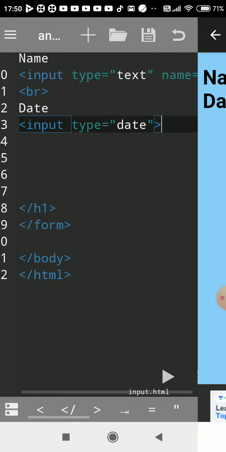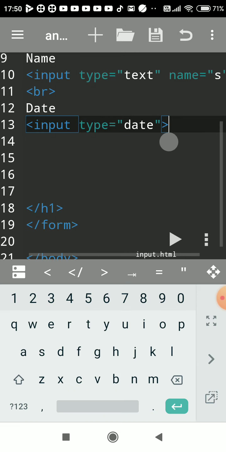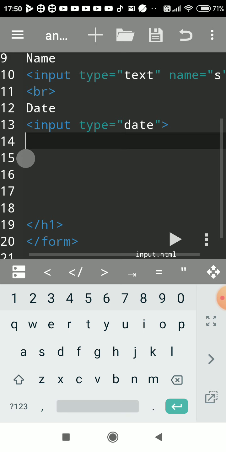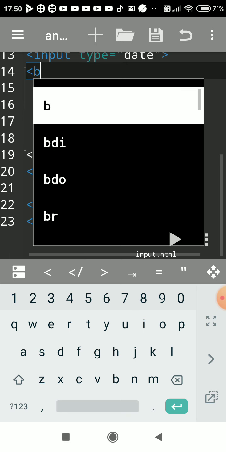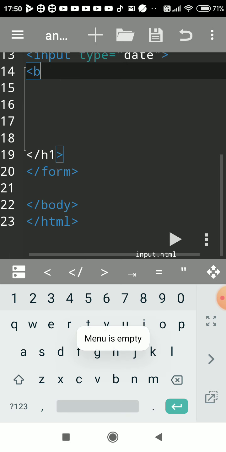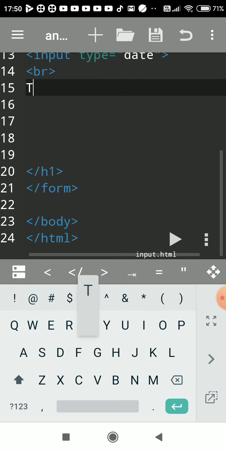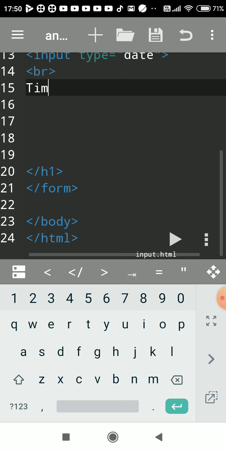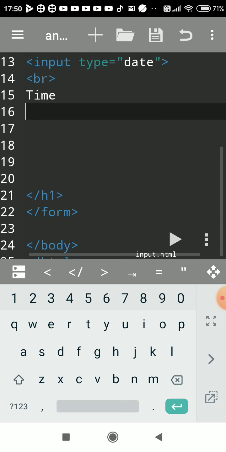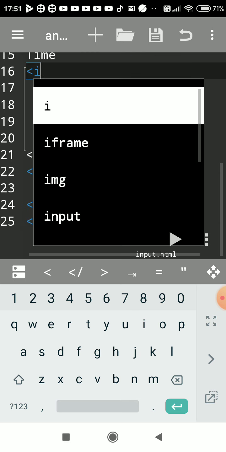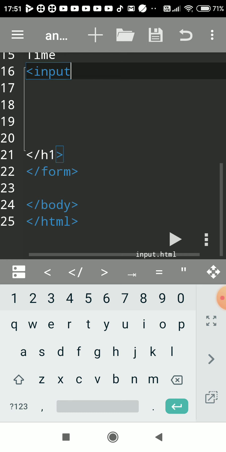Now we'll try to create a time picker. So first write the BR tag to move to the next line. Write label time, then in the same way input type.